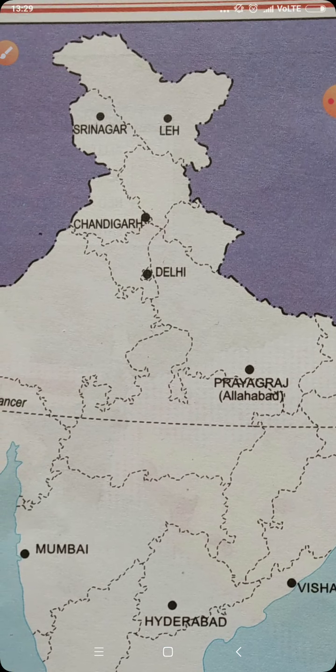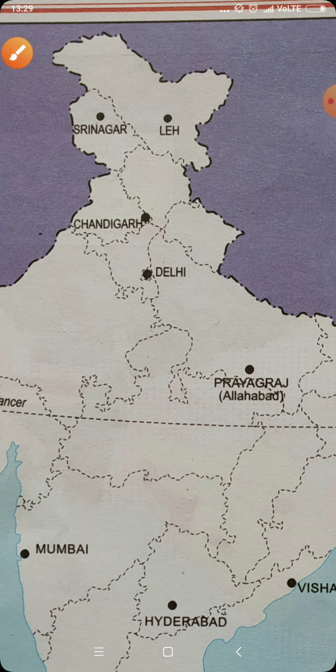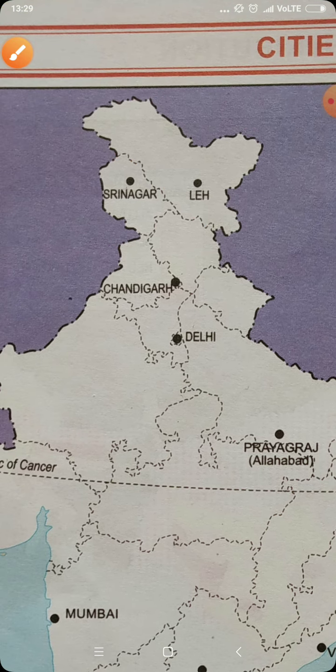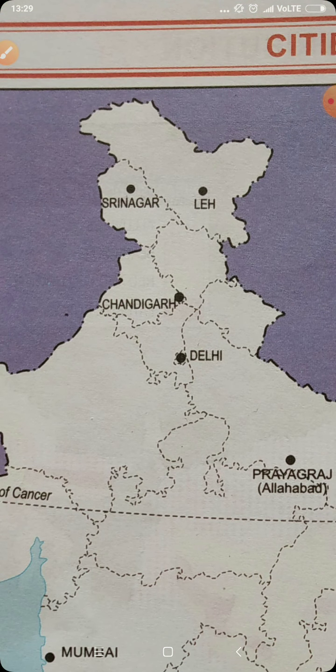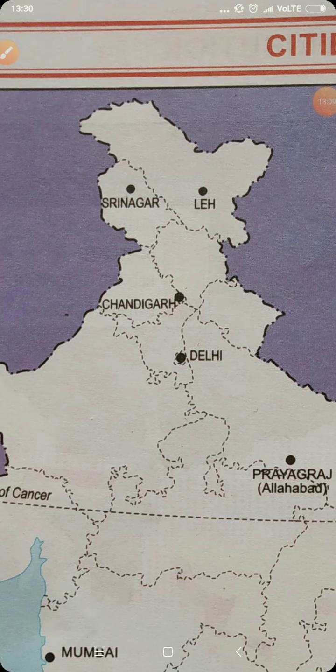Now you understand, Leh and this Jammu Kashmir has been divided into two UTs. Leh is a different UT, that is Ladakh, and Jammu Kashmir is a different UT. So these are separated by two lines. Border is there. Keep in mind this is an important portion and it can be asked because this is a recent question. So all this can be asked to you. You have to keep in mind all this.